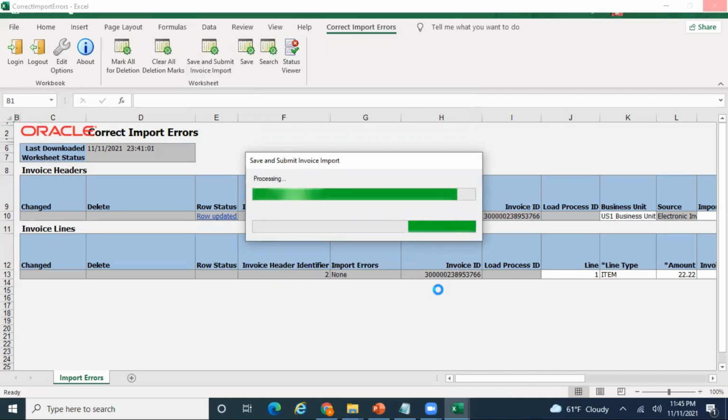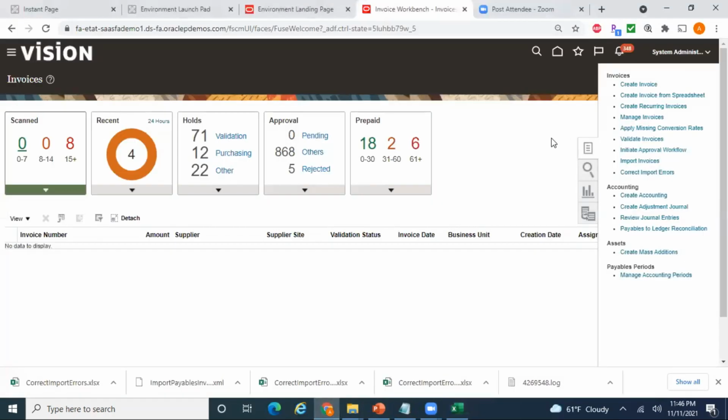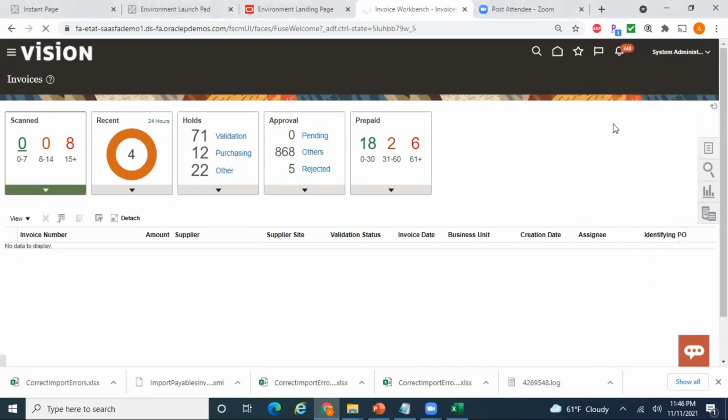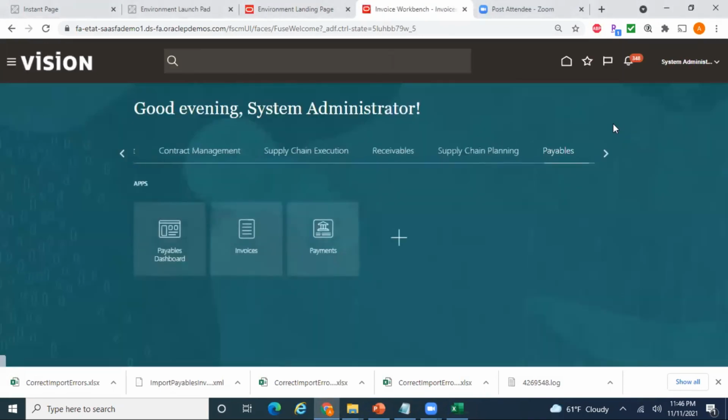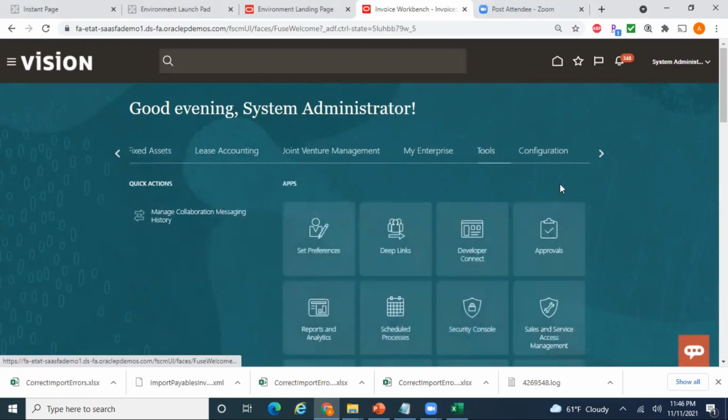So now this will trigger a job, and you should be able to see the job ID here. This is the job ID ending with 623. So click on OK. Now go to your scheduled process. Check if that particular job is completed, the job which is ending with 623.